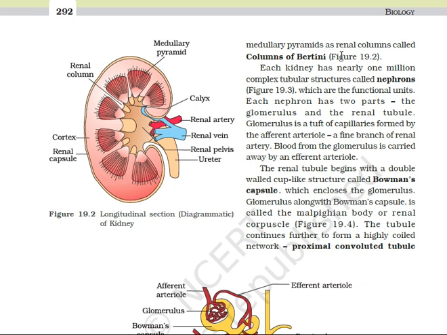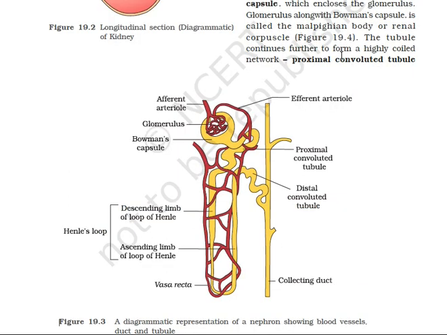Urine is formed in the nephrons of the kidney. I discussed this. Below is the structure of the nephron. It is the diagrammatic representation of nephrons showing blood vessel, duct and the tubule. I'll discuss this later on in detail; only the structure I'll mention now. Nephrons are very minute microscopic structures. It is a highly coiled tubular structure.